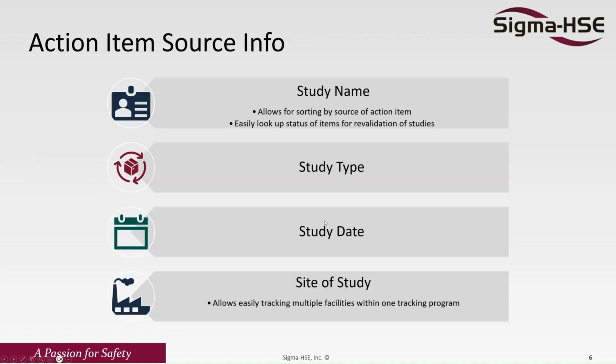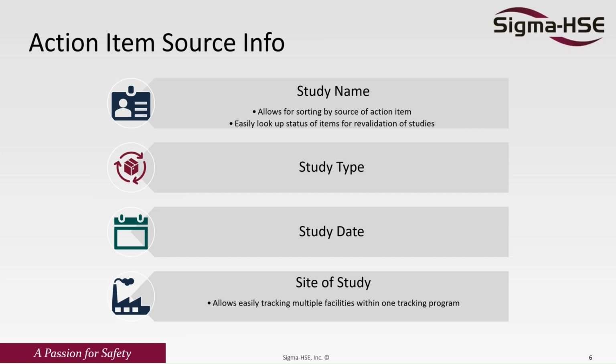All right. So the action item source info, you have the study name, that way if someone comes in and says, I see you had your PHA last year, can I see what action items you've taken care of, what you still have open? You can easily sort by the study name and identify, okay, this is what we have, this is the status